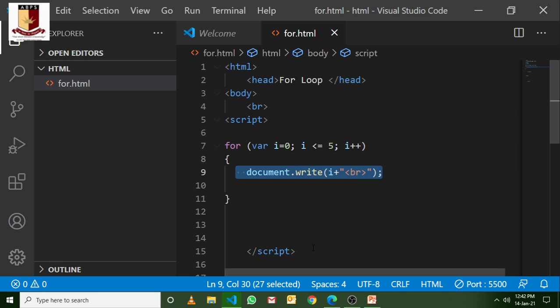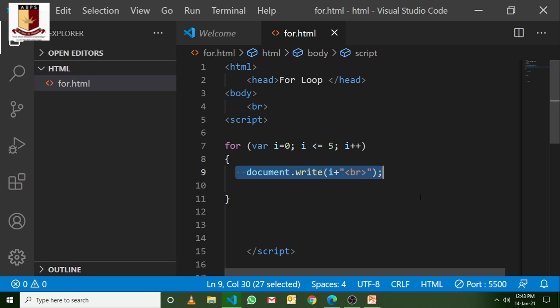You can even prompt the users to take input from the user, and you can print the tables of numbers or whatever you want. Suppose, if you remember the prompt function, that is used for taking input from the user. So you can take that input from the user and print the table of a particular number.